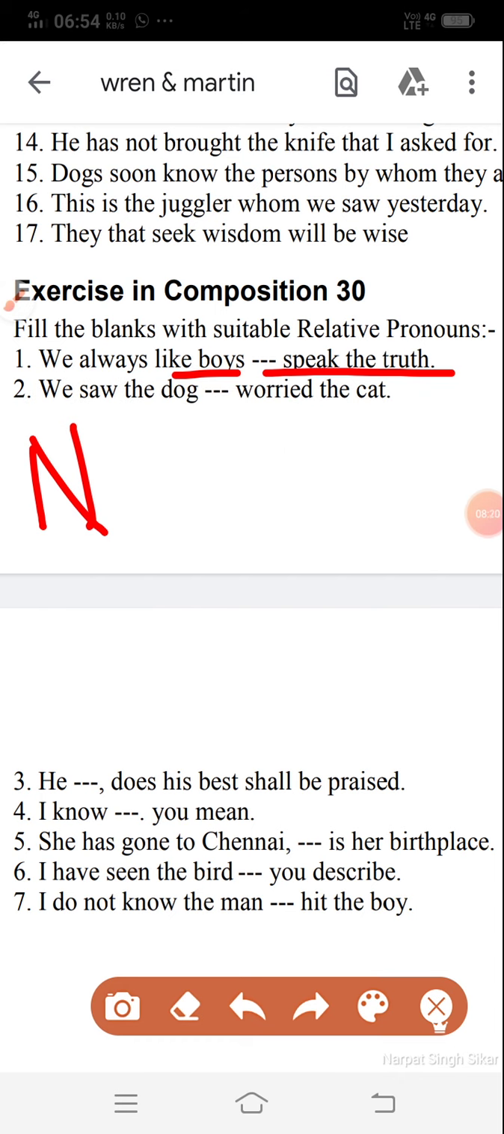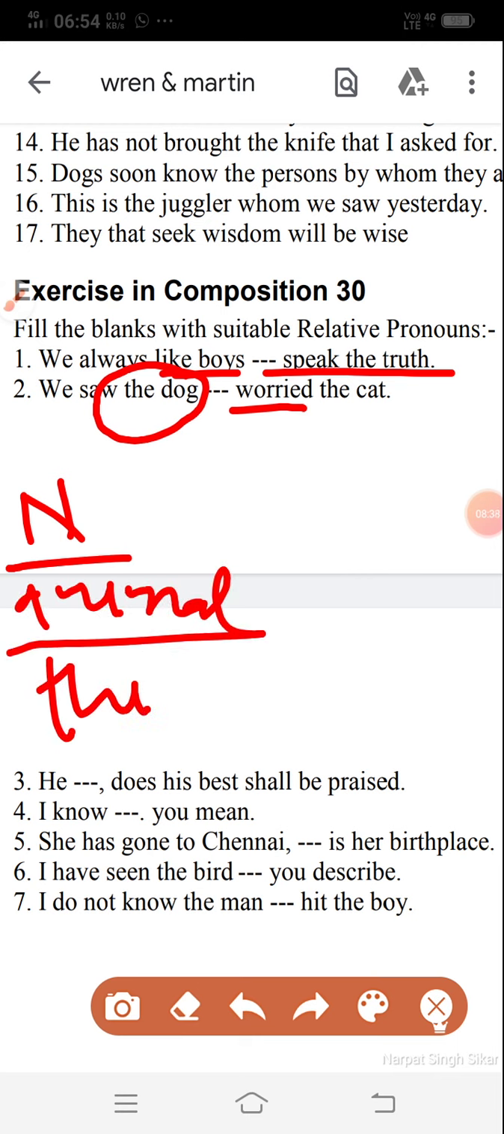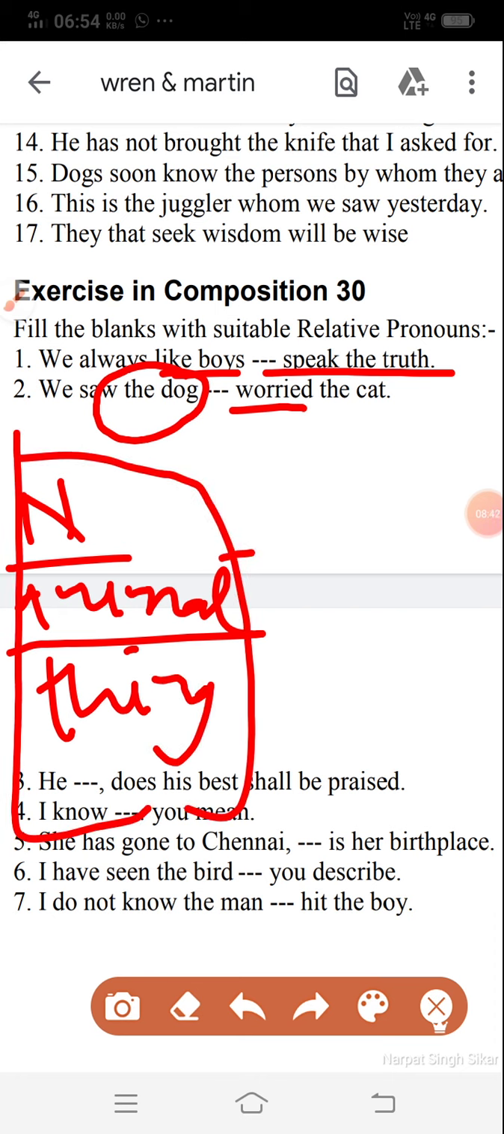Next question. We saw the dog worried. The dog. This is a noun, but this is not a human being. It is an animal, or you can see here anything also. So noun plus blank plus